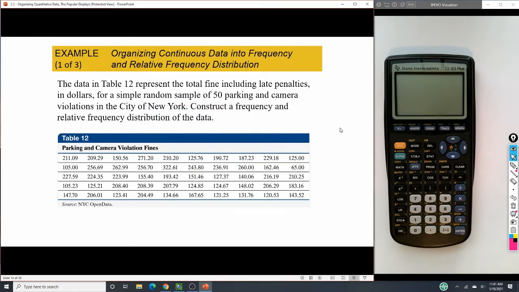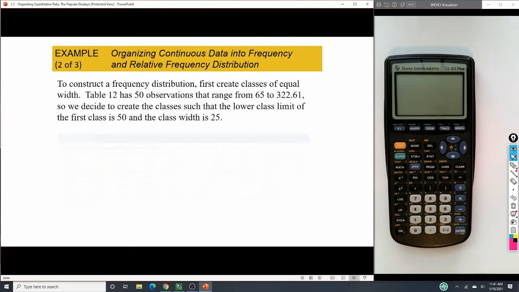All right, so here we have data of 50 parking and camera violations in New York City. We want to create a frequency distribution for the data. Now we want to have equal classes, and so we want to look at how we want to divide those up. And so we range from 65 to